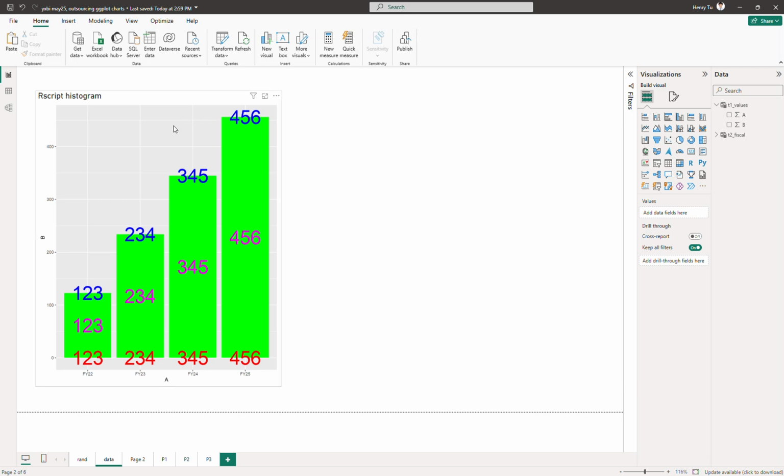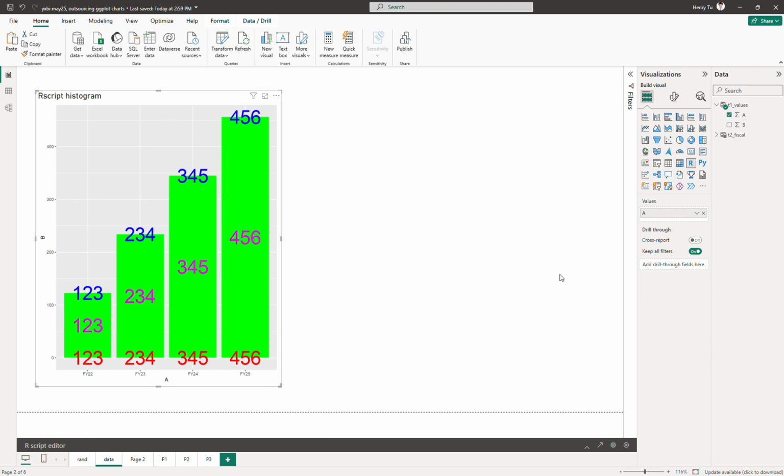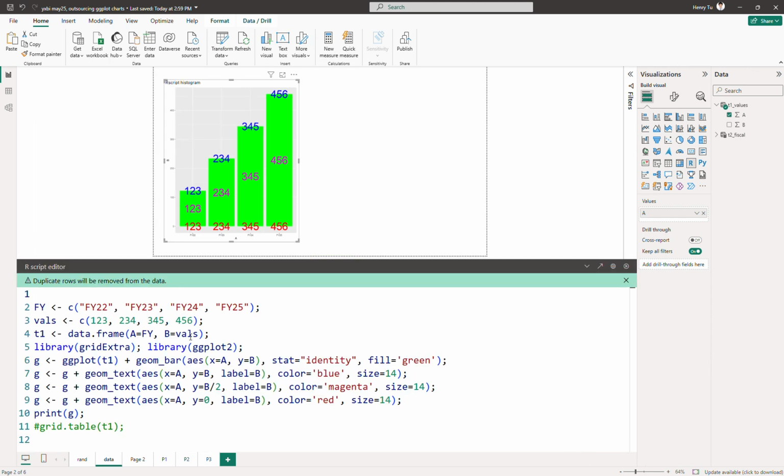So you can see here we have the chart already, but all the values of the chart are manually typed in here, and we don't want this. We want the values from the table from here. So how can you do that? Let me try to fix this chart, or the script, in order to make sure that it gets the